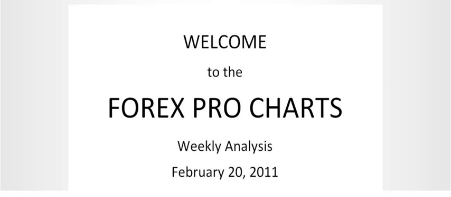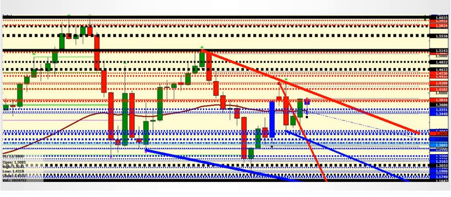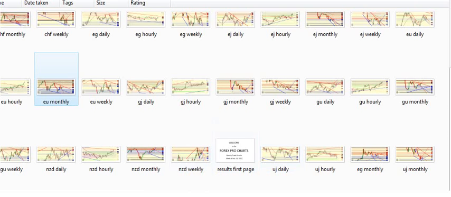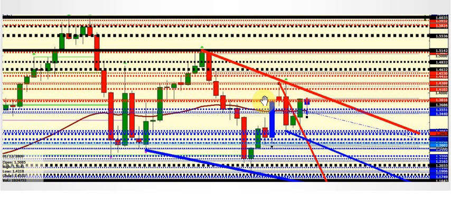Let's go ahead and take a look at the Euro. Okay, looking at the Euro on the monthly time period chart, we can see that the Euro is basically in a sideways trend at this point. It hit a high here, moved down. Actually, we tend to take the position that the Euro is in a downtrend from its high at this point,